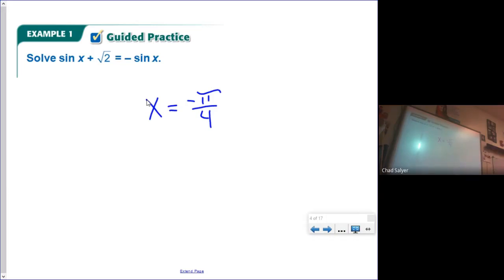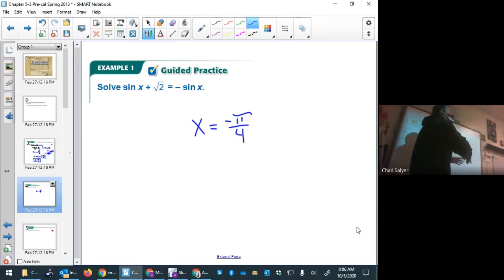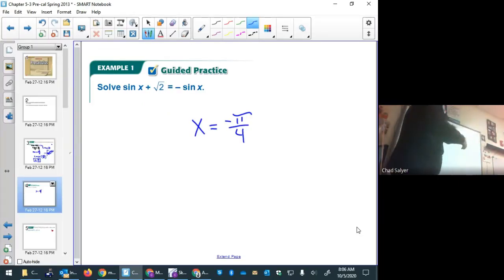Do you see how 225 degrees would also be a solution? So if we were going to list every solution to this, we would have to include that one as well. But we're not quite there yet. We're just finding a single solution using the inverse function. So this meets that criteria. Okay, so